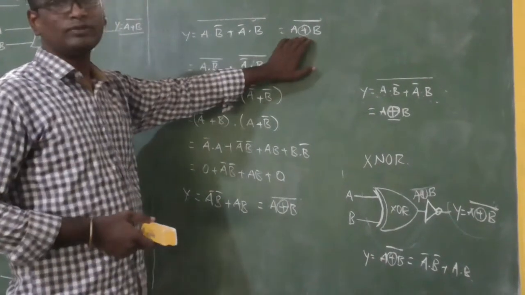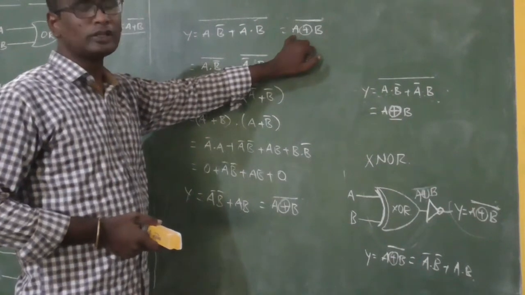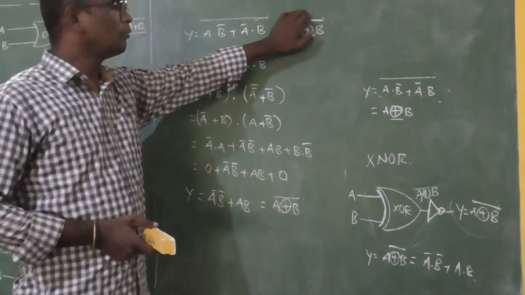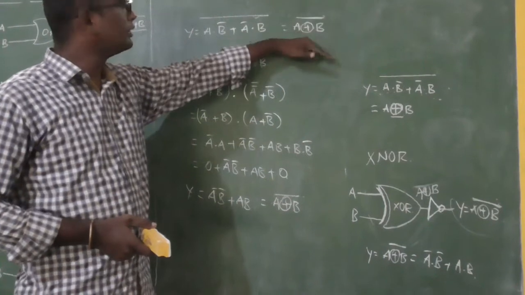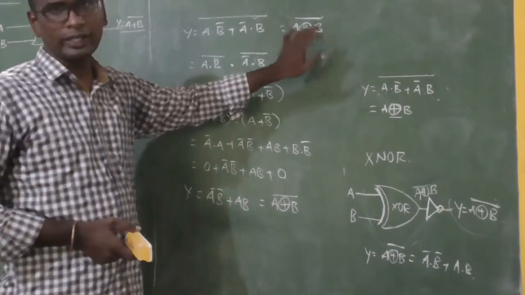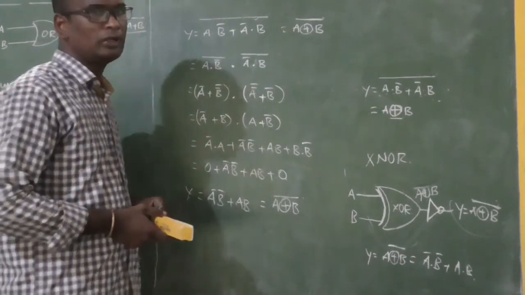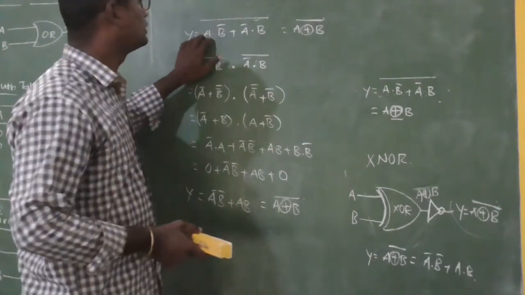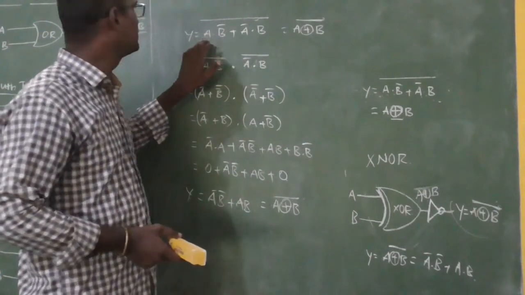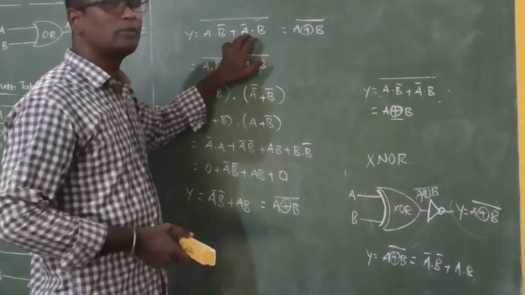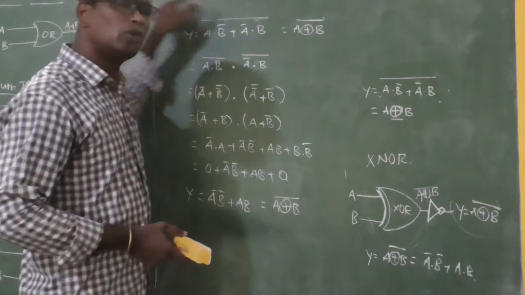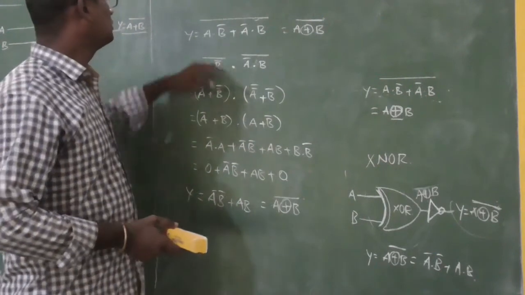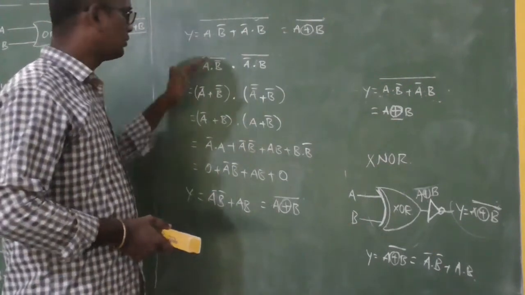It is the bar of the output of the XOR gate. What is the result of the XOR gate? The XOR gate is exactly a direct sum b. By applying a bar, that is a negation, a complement, to that output of the XOR gate, we get the result of an XNOR gate. The exact result of the XOR gate is a dot b bar plus a bar dot b. By applying the whole bar to this XOR gate result, we get the result of the XNOR gate. So this XNOR gate can be simplified as follows.